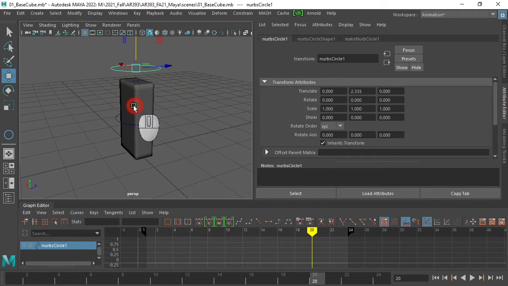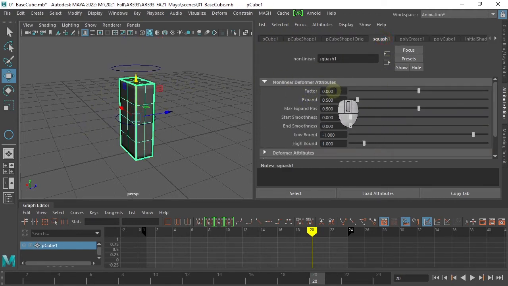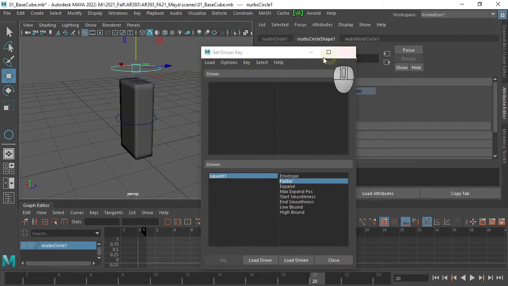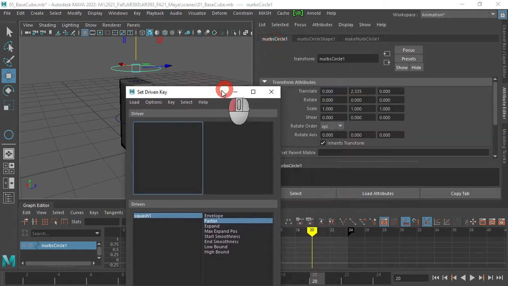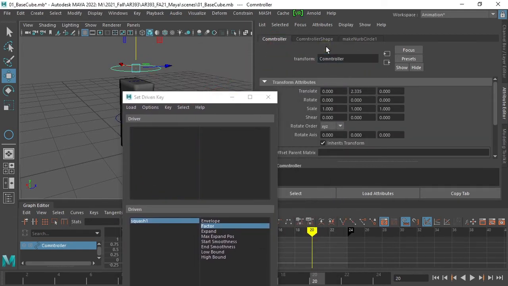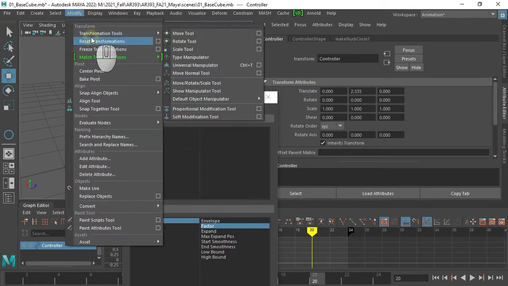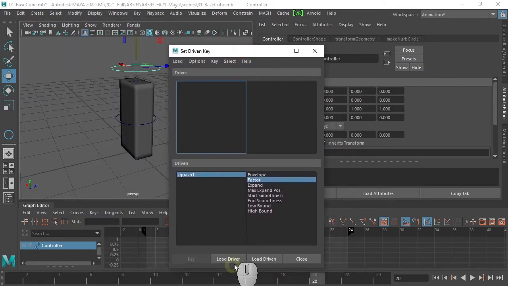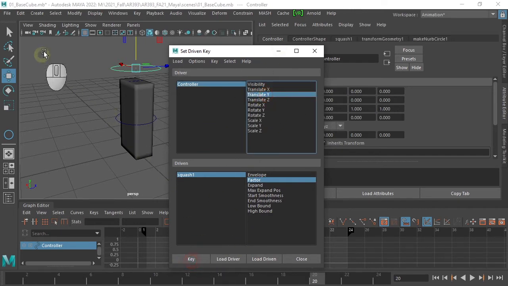So we're going to our cube, to the squash, to the vector, say set driven key, and the vector is going to be driven by our controller, which we named controller. And of course we want to first freeze the transformations on the thing. So this is going to be the driver, it's going to be the translate Y driving it. We're going to set a key, then we're going to lower our